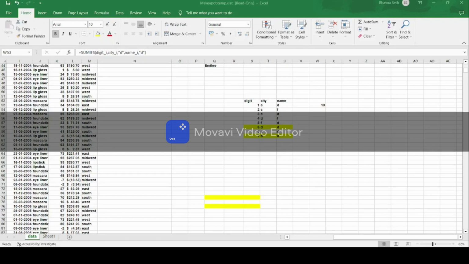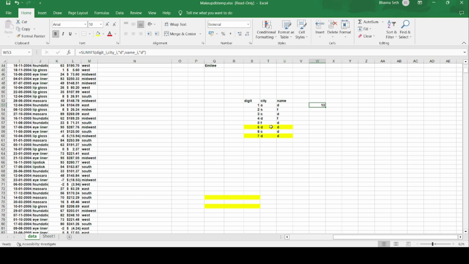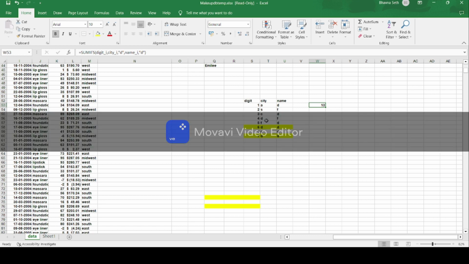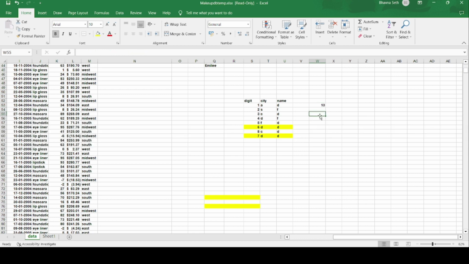So today we are doing database functions. Suppose I have this data: digit, city, name. I want to find out the sum of digits with city as D and name as D. For that we will use the SUMIFS function. I write equal to SUMIF